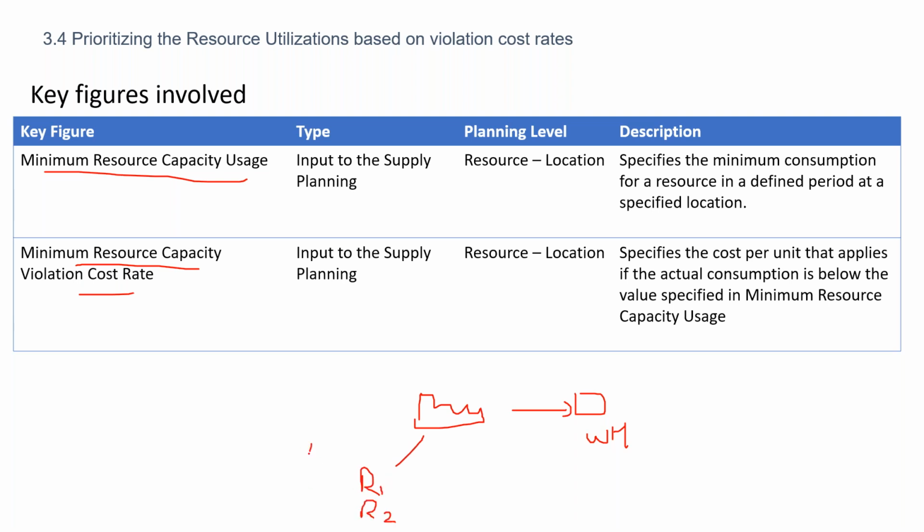Resource R1 can take PV001, PV002, and 003 and 004. So all gets produced on resource 1. Okay, so the system comes up with a supply plan based on the cost and other stuff, but you want this resource 1 to be occupied for a minimum of this much. So if the available capacity is, so this R1 resource,